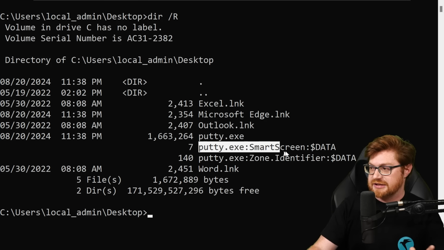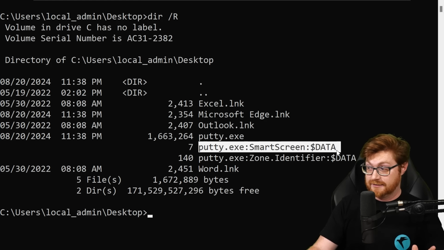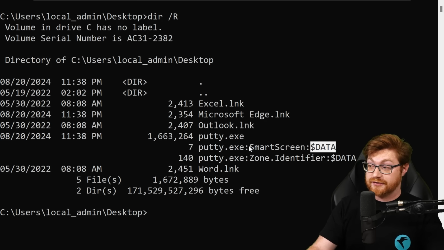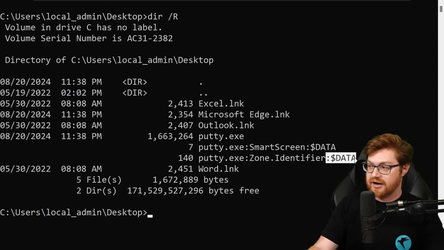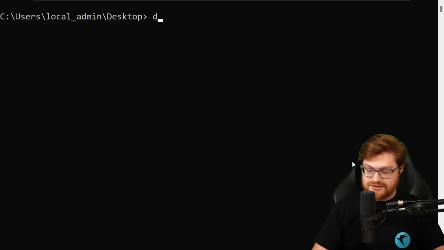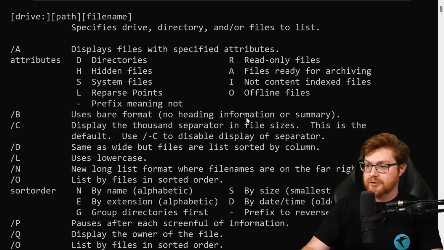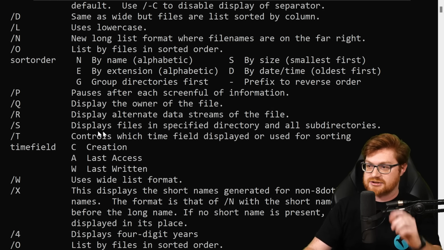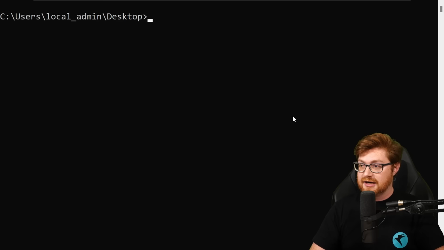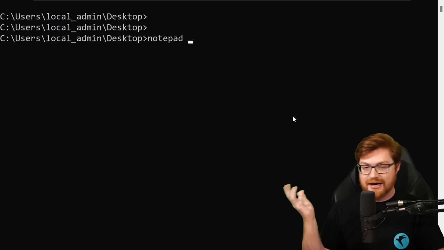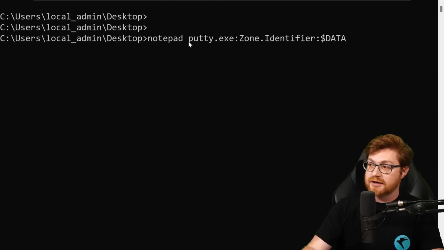We have putty.exe:SmartScreen:$DATA. That $DATA notes that there's really content there, and the colon denotes the name of the alternate data stream. You can see another, putty.exe:Zone.Identifier, and there's some data there. Let me copy this so we can open it up in just a second. But I do want to show you that dir /r will tell you, if you take a look at the help segment with the /?, that it will display alternate data streams of the file, just as we've showcased. But now let's open it up with Notepad, just a simple text editor,